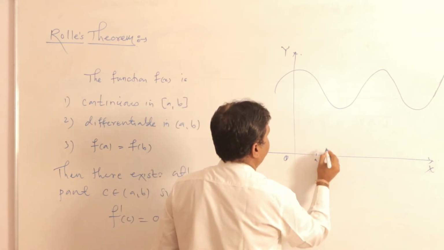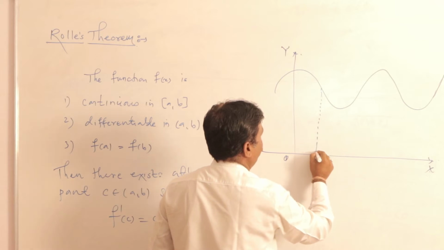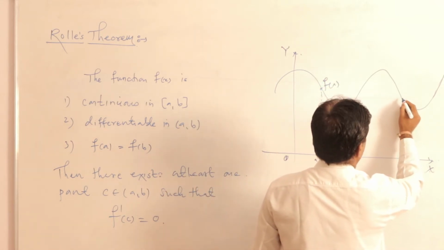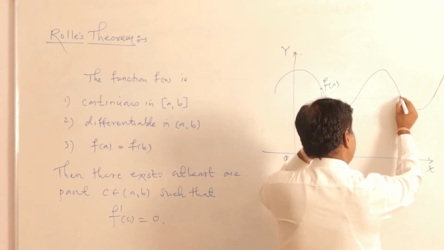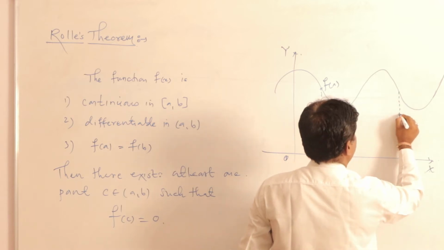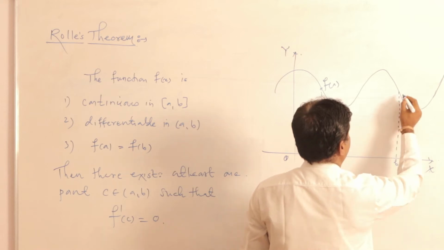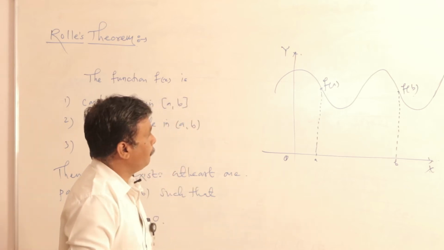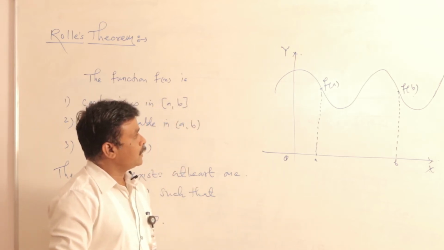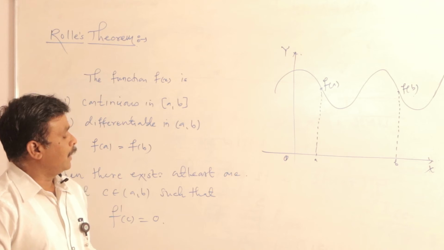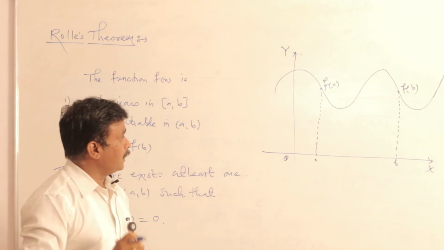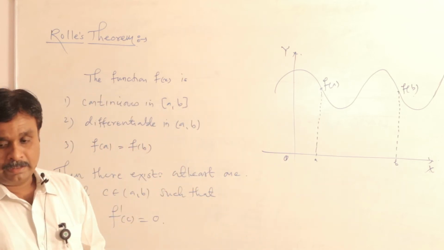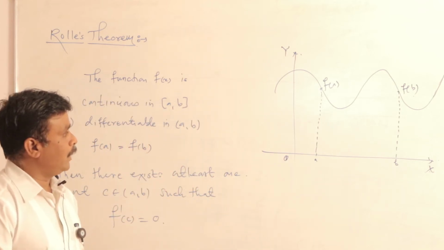There is a point a, and the function value at the point a is here, that is f(a), and the same value the function is taking at the point b here. So this is continuous and differentiable everywhere, and this theorem says that there will be at least one point where